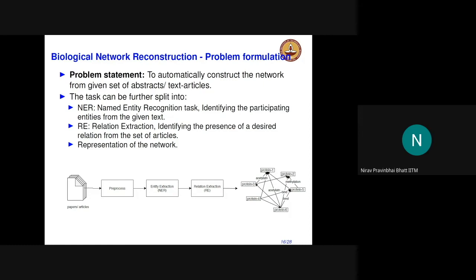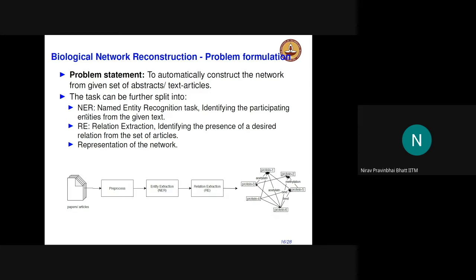Once we know that, what we are interested in learning is that, if in some sentence protein 1 interacts with protein 2, then protein 1 and protein 2 are interacting. This is in a sentence. It's very straightforward to say when we read it, because human training is different. But again, we want to train an algorithm which can extract the relations in the sentence, or more importantly, the desired relationship from a set of sentences.